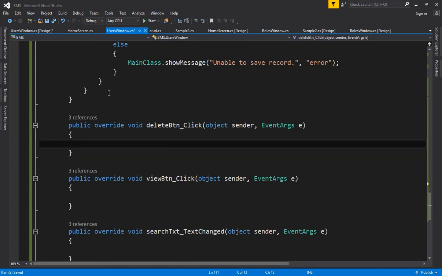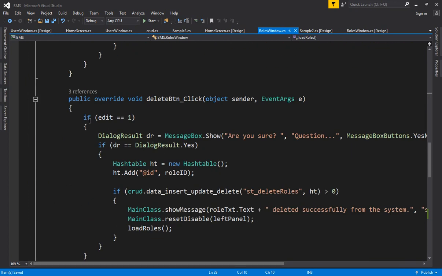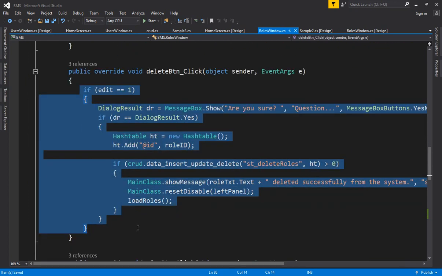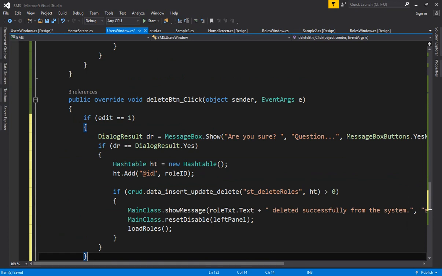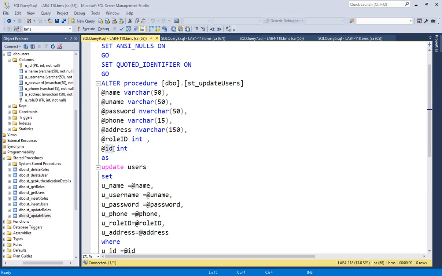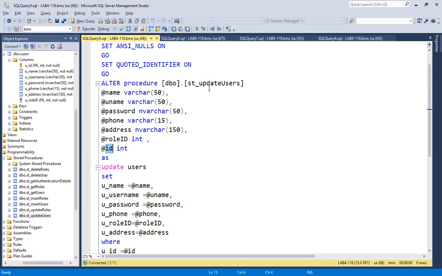And then on delete, what we have to do, we have to go on the roles window because I have already done the delete code, so I'm copying this. And what you have to do, you have to come here on the users window and paste. So what I wish to pass here is the user ID, and then the parameter is simple ID, so that's fine. And then instead of delete roles, you have to write here the delete procedure, delete user, this one. So copy this,